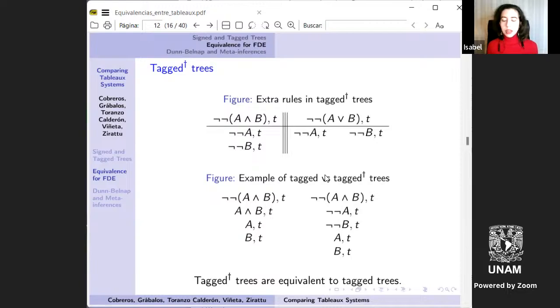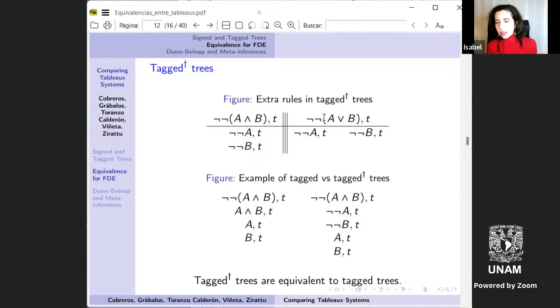So these systems that we're introducing, what they do, they introduce only these 2 extra rules. In this case, we're working in the direction of tag tree. And as can be seen clearly on the slide, these 2 rules don't actually add any extra information. We know by looking at the first rule that we could first apply the double negation rule, and then we would be able to have A and B in one single branch, A and underneath B. And if we apply the double negation to the disjunction, we would have A or B in the 2 branches